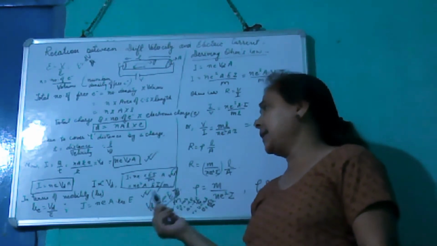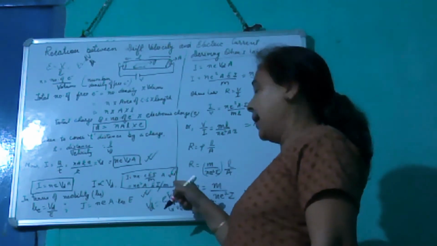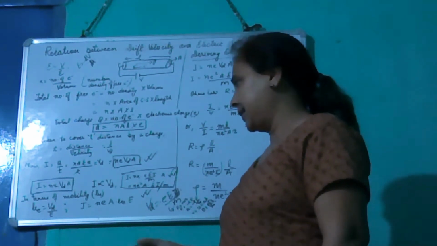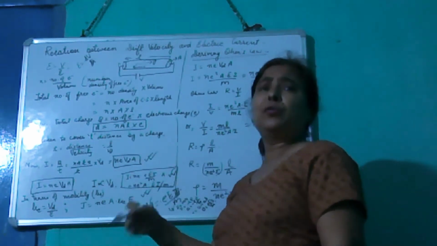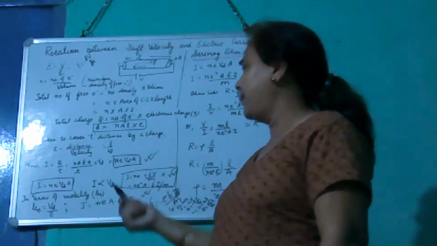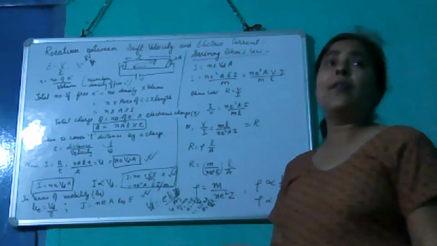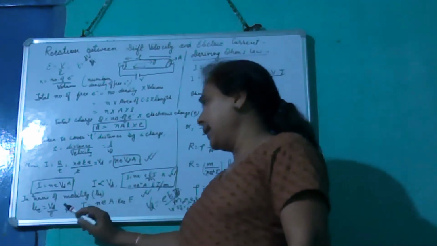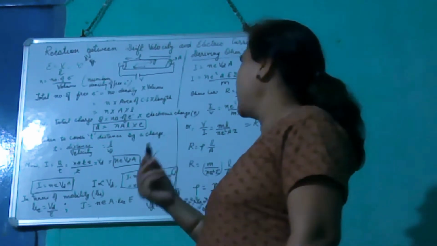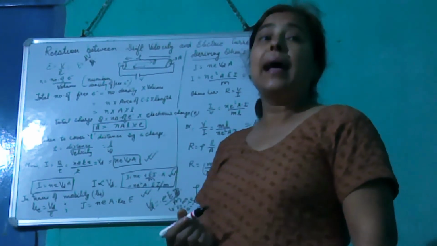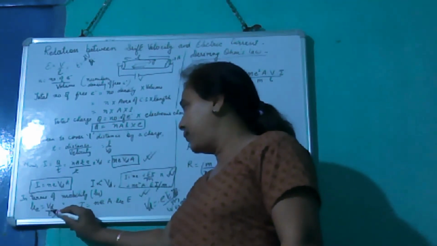This is expressed in terms of relaxation time. Tau is relaxation time, and m is the mass of the charged particle. We only need to express it in different forms. For example, if the question is to define current in terms of mobility: mobility, what we have learned in the last class, is drift velocity per unit applied electric field.